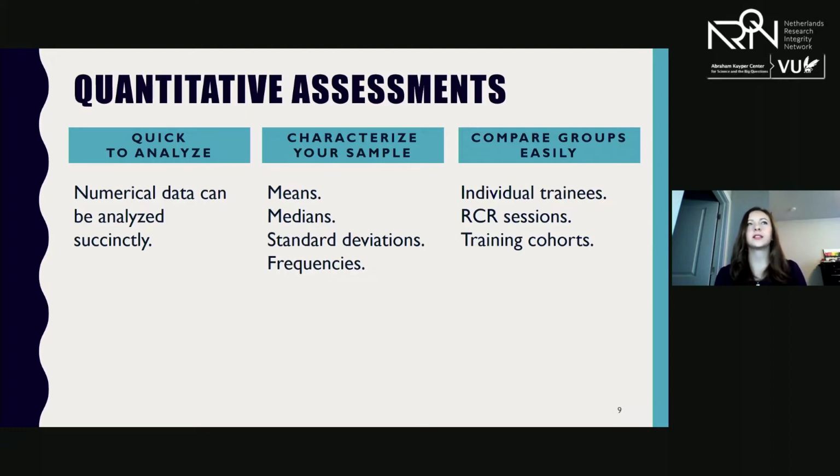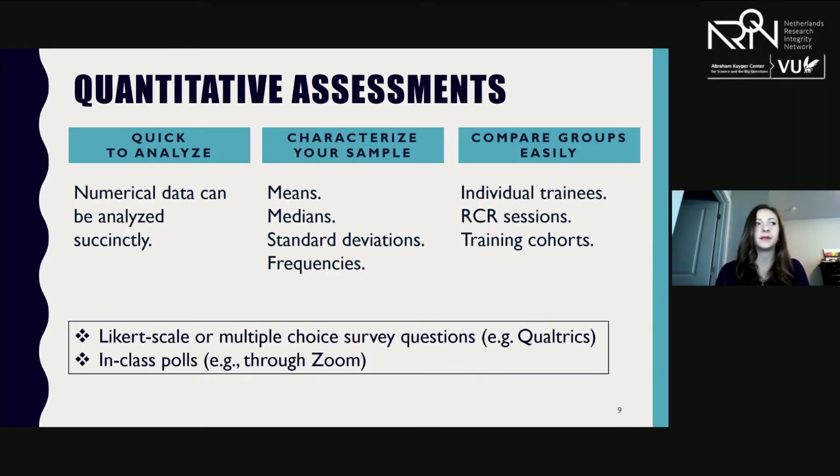And then the third upside to quantitative assessments is that it allows you to compare groups easily. So you can compare training cohorts, you can compare across different sessions within a single training program, you can compare pre-test assessment and post-test scores on assessment. And these comparisons, if there are statistically significant differences between groups, that can signal to you that there might be potential issues in the training program. It can provide information to help you refine your program, or it can communicate to you, yeah, my training program is working. That's awesome. And you can use that information to advocate for your training program to demonstrate, yes, it's really of a high quality.